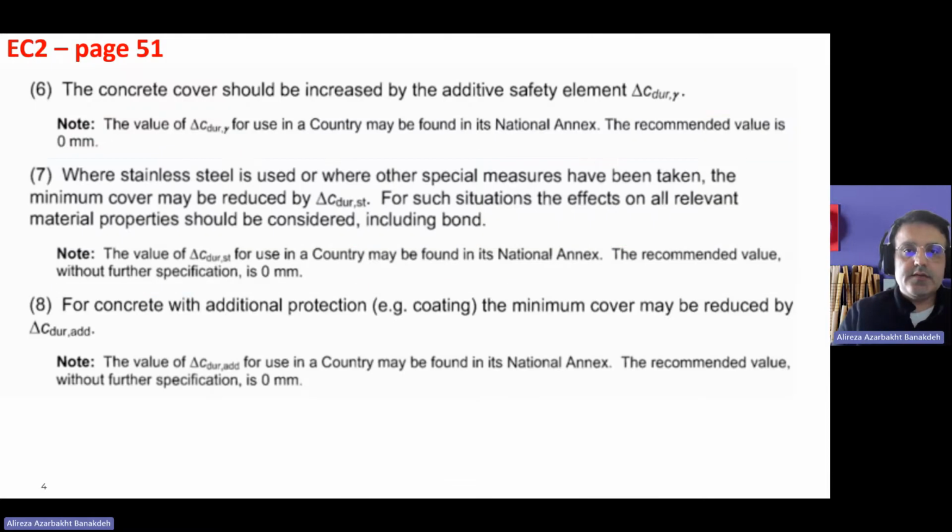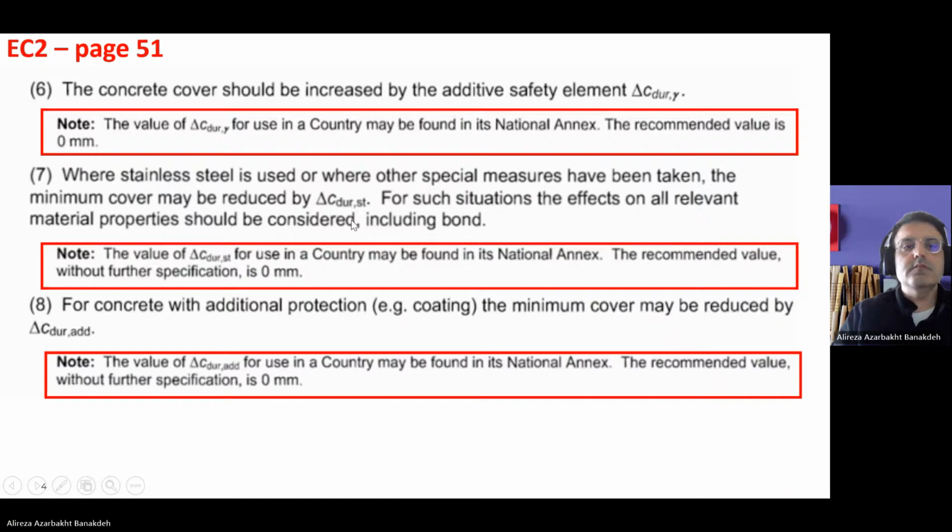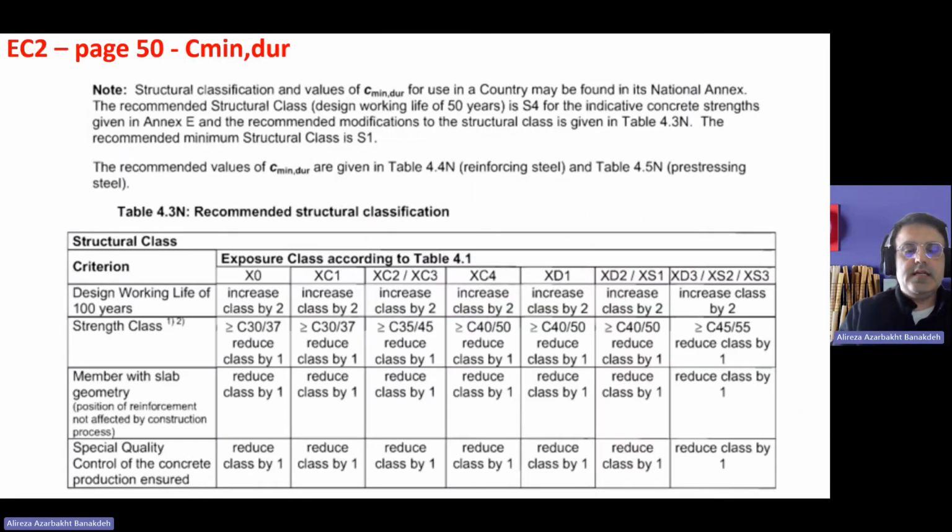If I go back to the formula, just to show you that we have Cmin,b, Cmin,dur, and Cmin without anything. Actually Cmin is this one, so we need to calculate Cmin,b and Cmin,dur and also this delta. I go to the next slide, and for calculating Cmin,dur, we need to see what's our structural